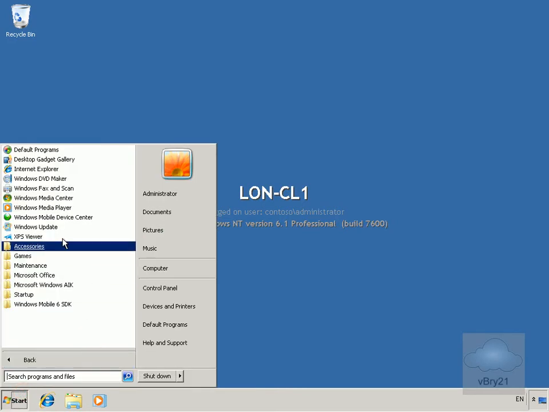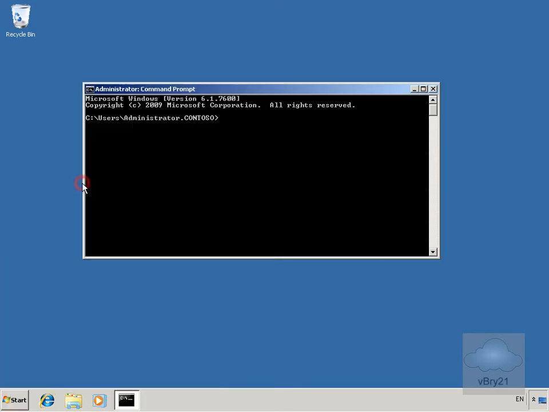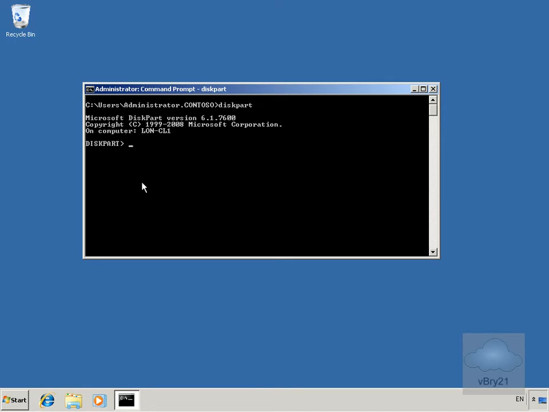So all we're going to do here is launch up a command prompt. I'm going to run this as the administrator, just to make doubly sure. We'll clear the screen to make things look better, and then we'll type in the commands. We're going to use the diskpart utility. So now we're in here. The next thing we're going to do is list the disks that we have